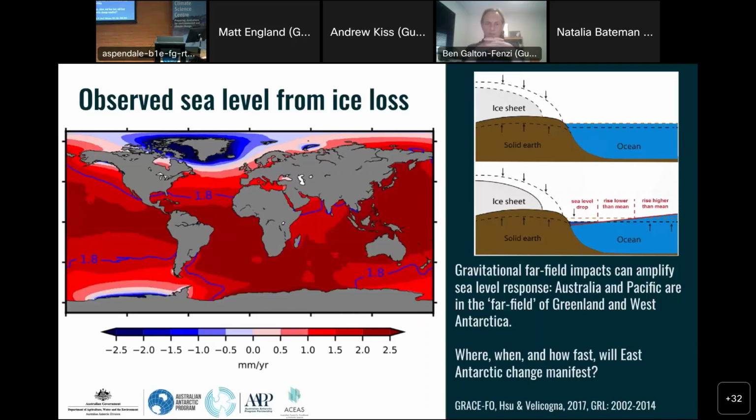We've just got to be careful what we mean when we talk about bringing ice sheets into an Australian climate model. This plot here is an observed GRACE follow-on mission fingerprint, if you like, of sea level changes on the planet in millimetres per year. What we can actually detect from the GRACE follow-on mission is a drawdown in sea level around Greenland and some of the West Antarctic ice sheet, and an increase in all these very dark red areas, particularly around the